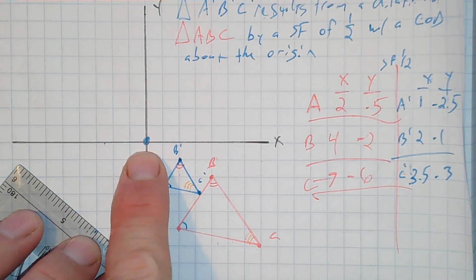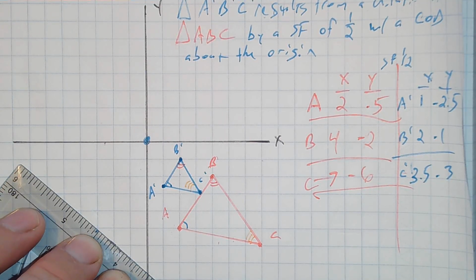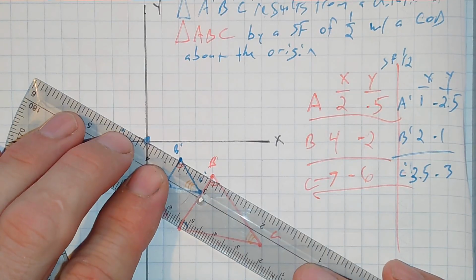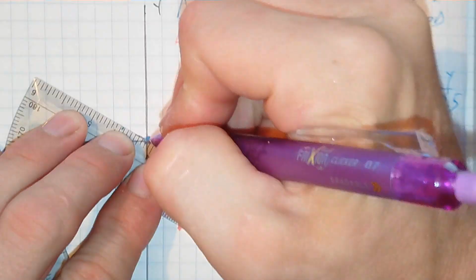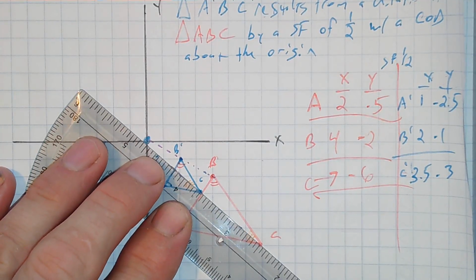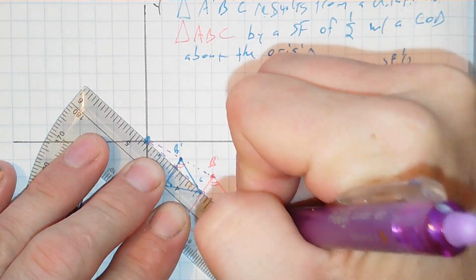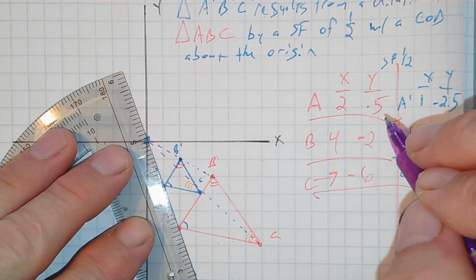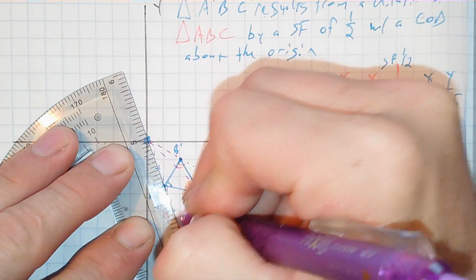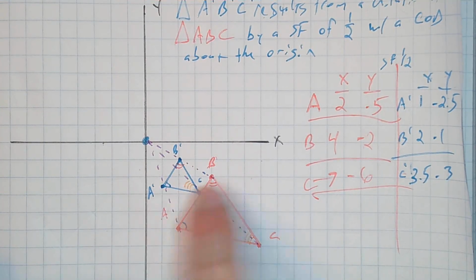Okay. Now, I know that this was the center of dilation because if I take, where's my green marker? I'll use purple. All right. If I take my B's and I line them up, you'll notice that they line up with my center of dilation. My C's line up with my center of dilation. And my A's line up with my center of dilation. Right? So those are 2 dilations. One is a dilation about a point and it's a shrink by about the origin, and the other dilation